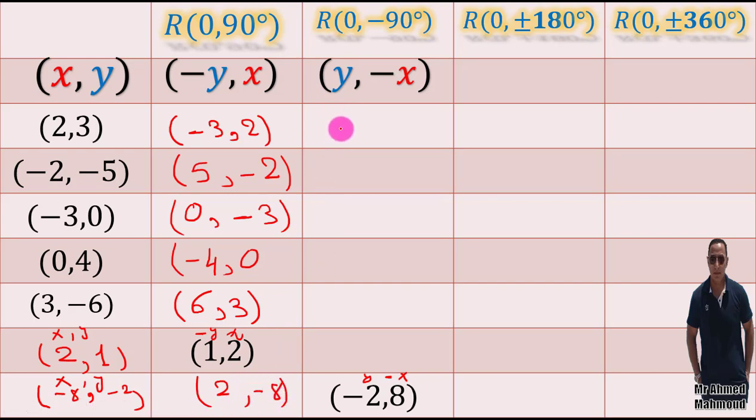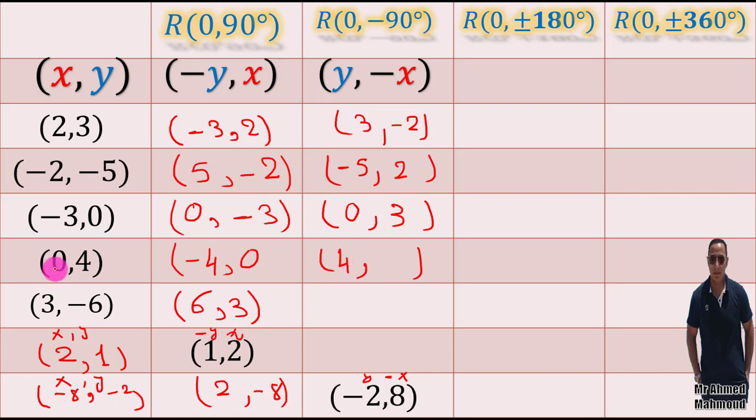Okay, here this is x and this is y. I'm going to change x and y into y and negative x. So it will be 3 and change the sign of 2 to be negative 2. Okay, here start with negative 5 and change 2 to be positive 2. Here negative 3 and 0. I'm going to start with 0 and change the sign of negative 3 to be 3. Here I'm going to start with 4